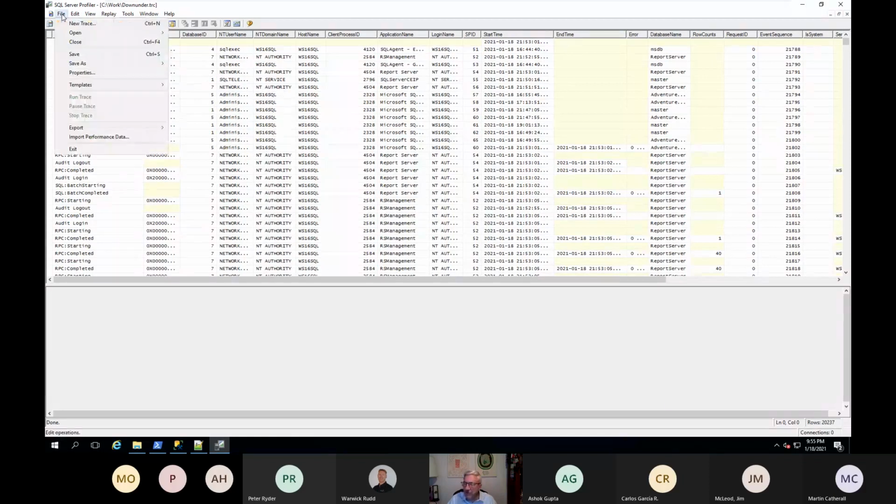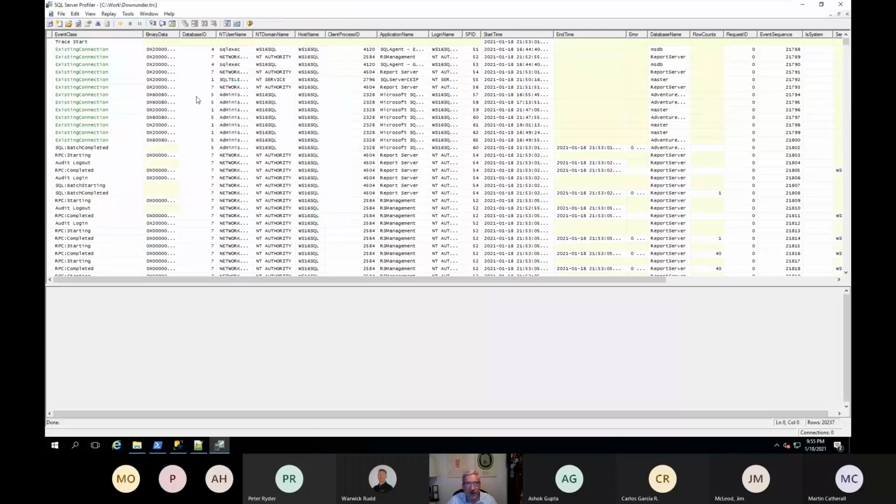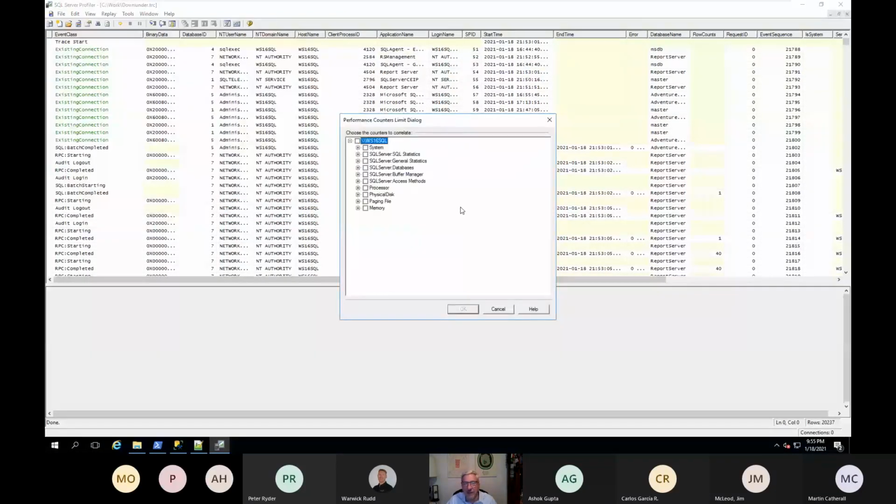Now, because that trace was set up using the replay template, I have this menu option, import performance data, enabled. So I can capture that. Here's the Perfmon log file, and it gives me the list of counters that I want to show.